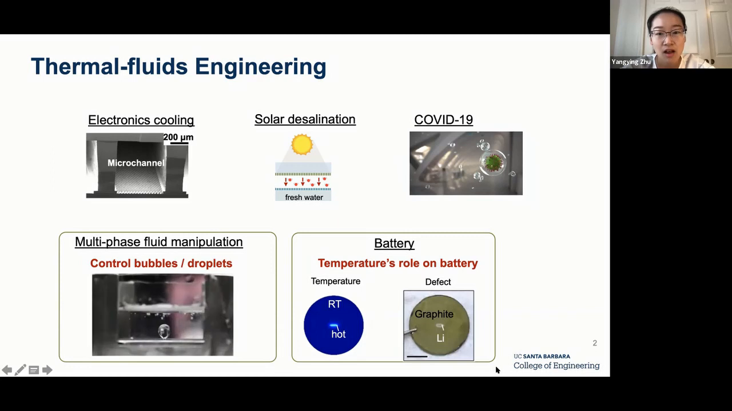In today's talk, I would like to mainly talk about two stories. First is how we use thermal fluid engineering to manipulate multi-phase fluid, in terms of how we can control a single bubble and single droplet. And the second half, I would like to tell you a little bit about our understanding of how temperature affects batteries, and how a lot of the degradation or failure modes in batteries are actually introduced by temperature. What exactly is the fundamental cause, and how can we mitigate that? And so, to start,